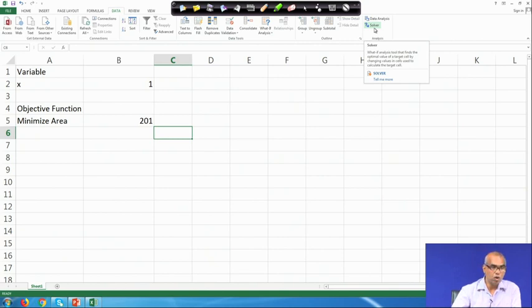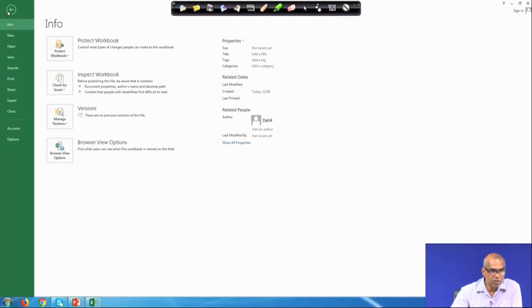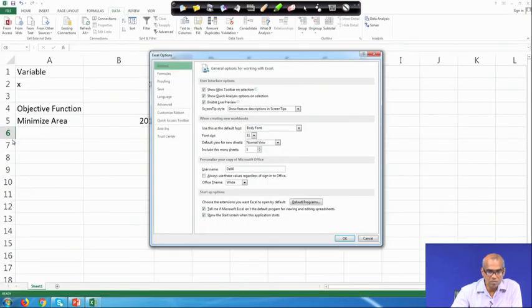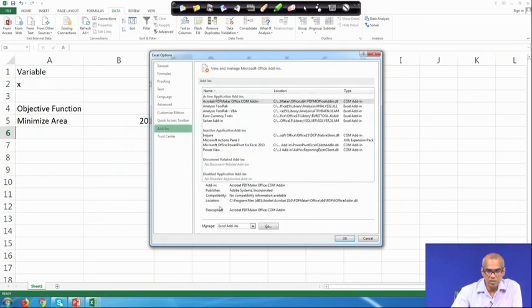If Solver is not available there, then you have to click on File, then click on Options, click on Add-ins, and select the Excel Add-ins.